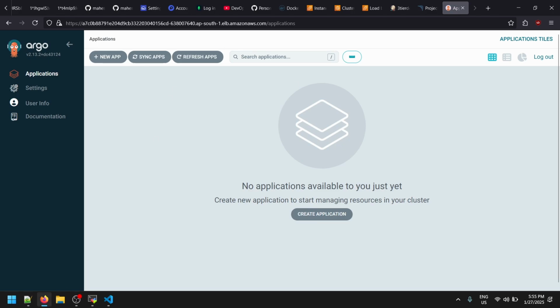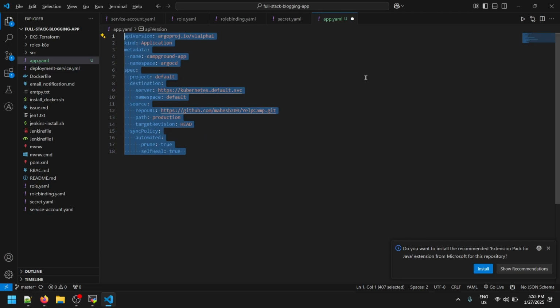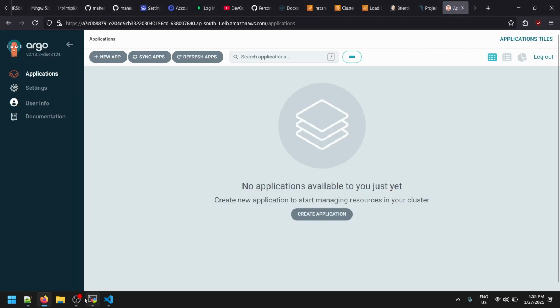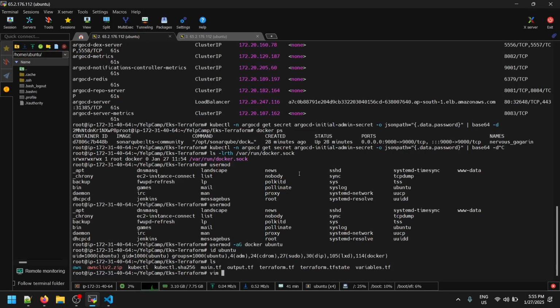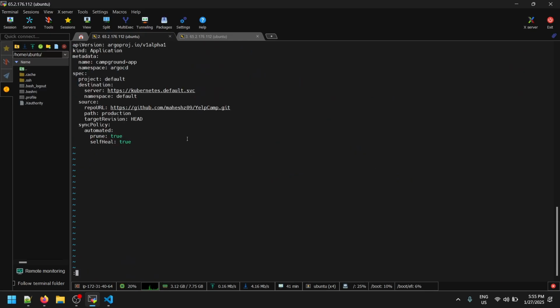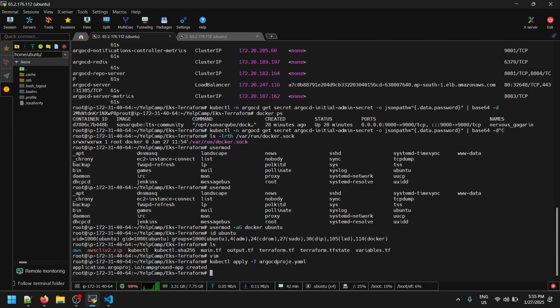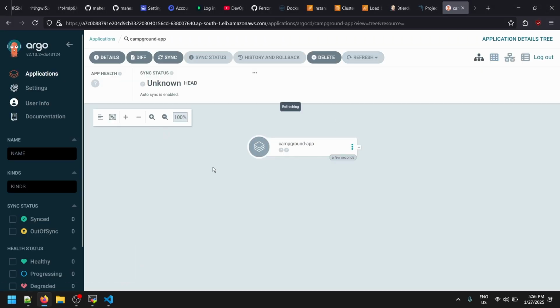So in the ArgoCD, what we need to do is use this template that we created in the last part. So use this template to deploy the application to the ArgoCD. But as of now, it will not be able to deploy. Paste it, argo proj dot yaml. We need to do kubectl apply hyphen f ArgoCD. So once it is applied, you can see there is a new application created, but it is not able to deploy it because